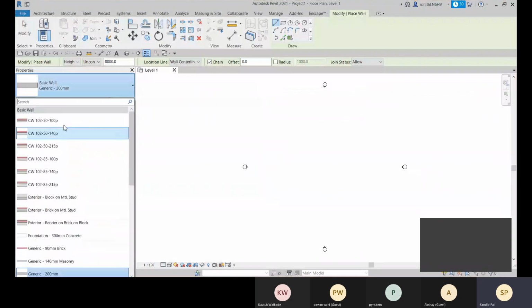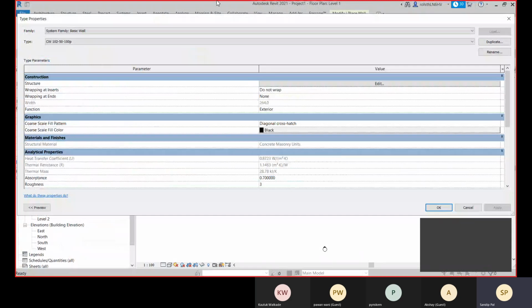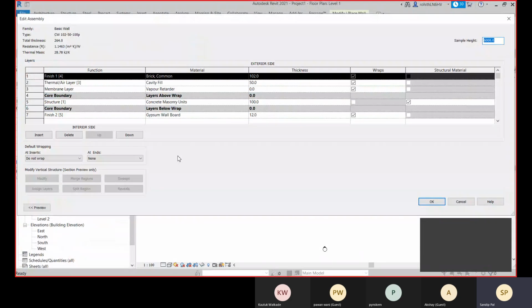Here you can see, these layers will define the total thickness of your compound wall. As per the layer thickness, you will have the total thickness of your wall. So here you can see the finish one we have, and for the finish layer we have this much thickness. For thermal layer we have this much thickness, and the membrane layer doesn't have any thickness.